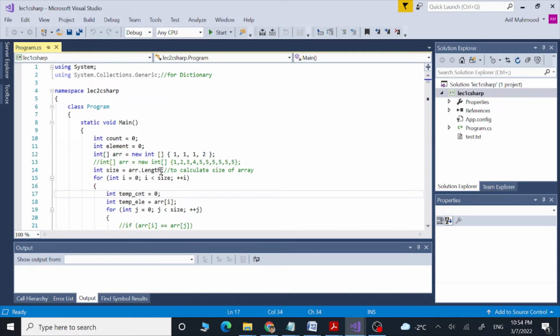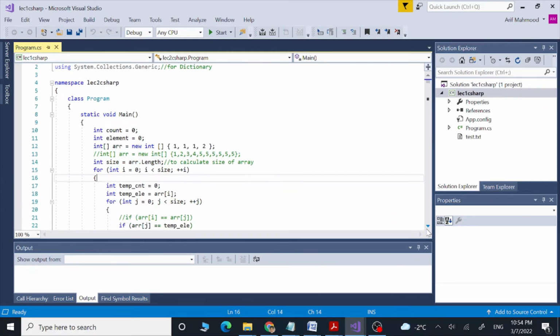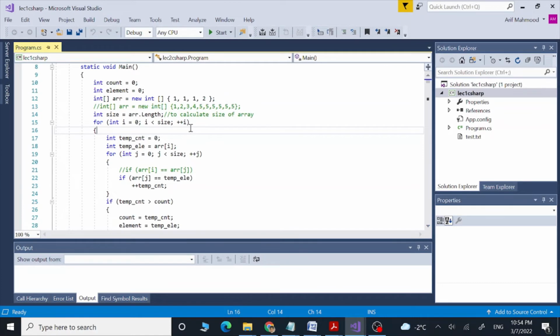And then this is the array length we are going to get on this code line, on the same pattern. After that we are going to run the for loop over our array, the first for loop, and then we are going to define the same temporary element and count, which is going to give us one by one the count of each element in our array. Here we are getting that element and putting it in our temporary element.